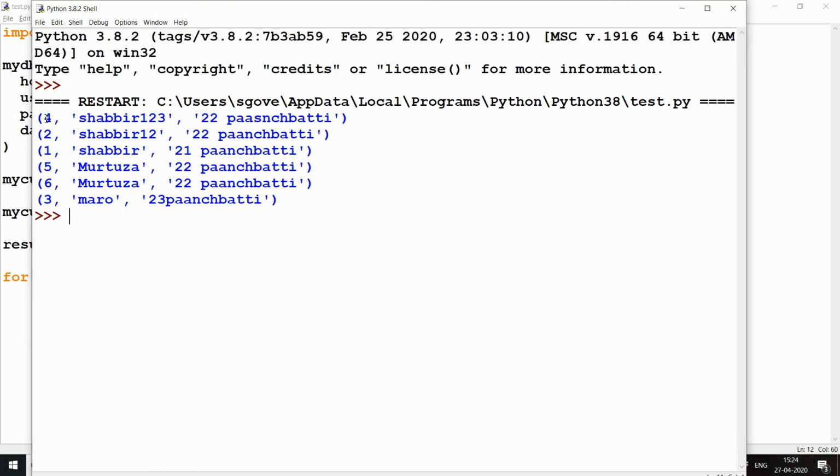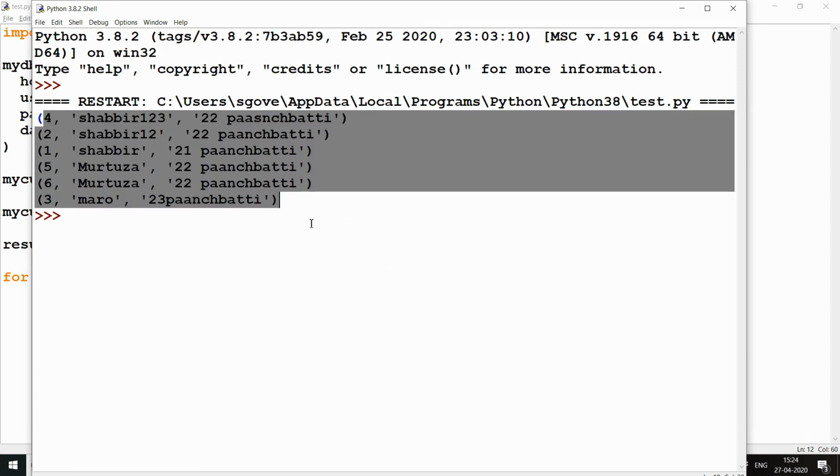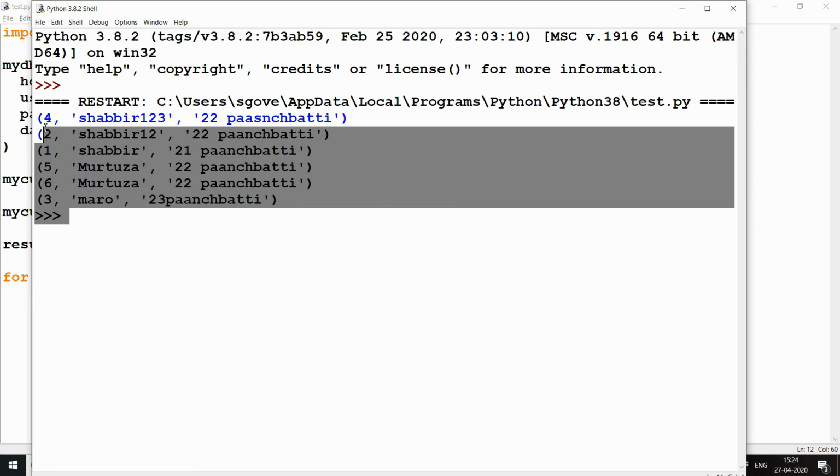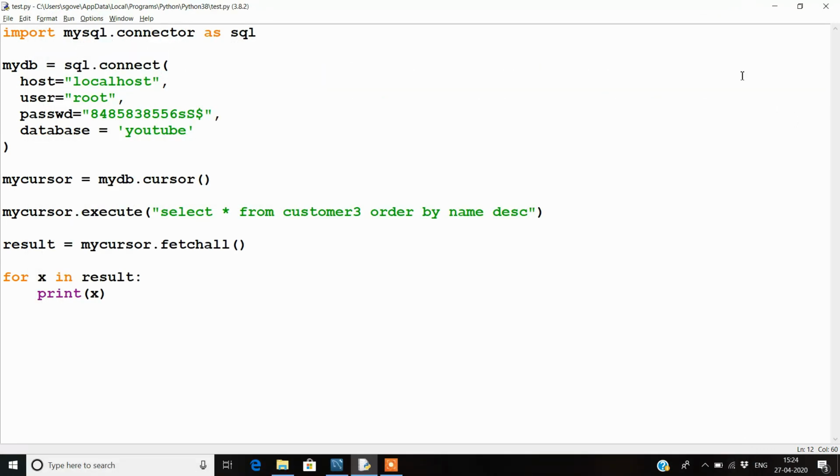So you can see here that now we get all the records using the order by clause, but in the descending order. So this was all about select statement in Python outside the MySQL environment. How you can work with the database from your Python programs or projects. So this is how you can do some basic tasks.